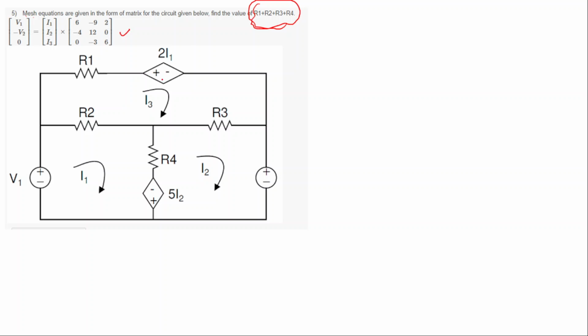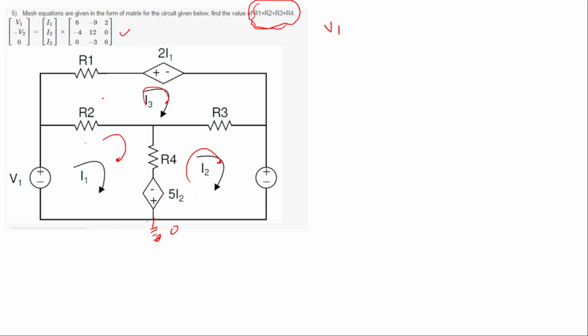So now let's just go in this direction. In this mesh we will go, then we will go in this mesh, and then we will go in this mesh. Okay, now let's just apply. Let's assume here is 0 volt. So from here to here it's V1, so V1 here we reached.